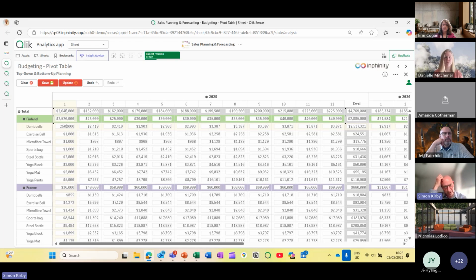Now, at the moment, this planning pivot table is a little limited in what you can do with it, but there's a huge amount coming to it this year. The first release will be in a few weeks, where we'll be able to add in a few extra things in here, like comments at the cell level, and you'll soon be able to add another column between the columns, and you can enter text into it. At the moment, you can just enter values. You couldn't enter any text if you wanted to, but you will be able to very soon. That's coming. Well, this is huge right here, because you're able to do the top down or bottoms up, or like you said, mid-level planning.